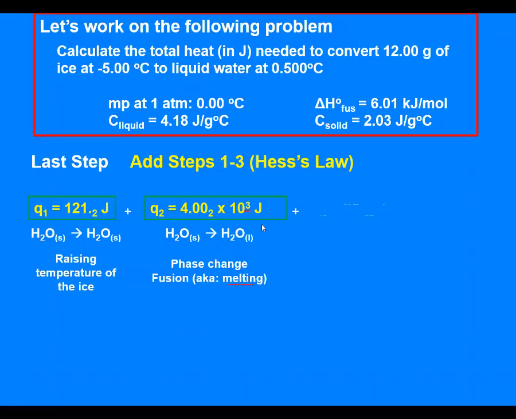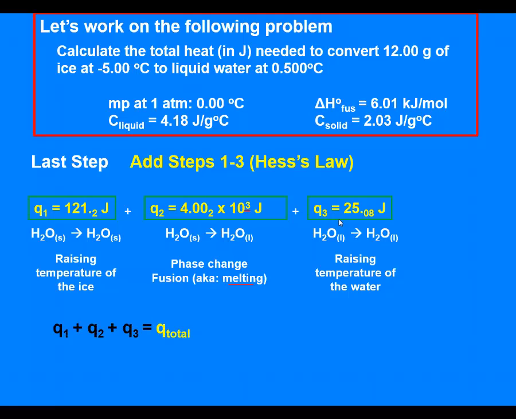And then as I heat the liquid water up to end up with having just a higher temperature liquid state sample, we end up heating it up by ½ a degree. That was an extra 25 joules. So as I heat up the ice, go through a phase change, and then heat up the liquid water, I add up those 3 energy changes, Q1, Q2, and Q3, that would give me my total heat energy change for this entire heating process. Okay, and so I end up with having a total energy change of 4.15 times 10